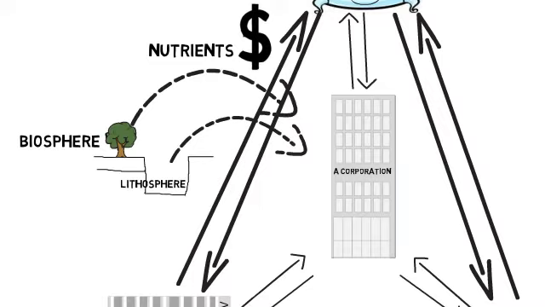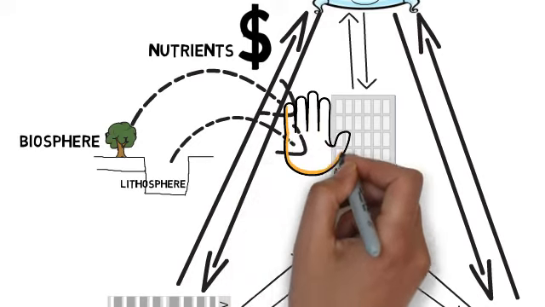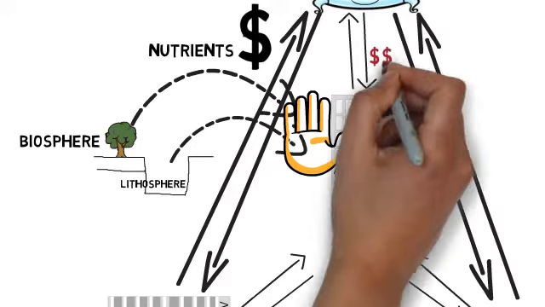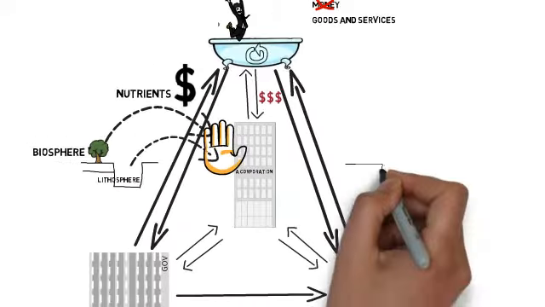This is an important point in the supply chain. Firstly, it's where the nutrients enter the economy and therefore should be a place that should be monitored and regulated. Secondly, it's at this point that determines the price of the material, and ultimately that determines the price of the product or service it's incorporated in. If it's cheaper to extract nutrients from the ground than to use recycled ones, then business will do just that.